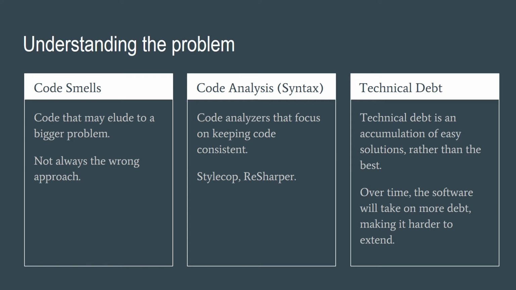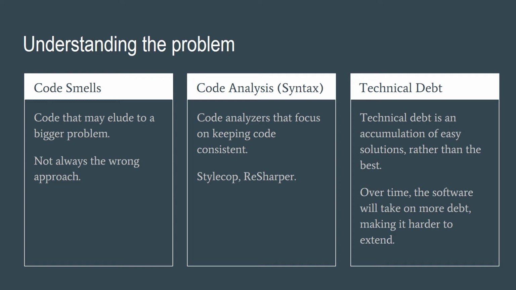And the other part of code smells and code analysis is just technical debt. If it is left unchecked, if we don't do any sort of source code analysis, then we get this concept of technical debt, which is an accumulation of easy solutions rather than the best. So technical debt generally means that the product is working as intended in most cases. It's just not necessarily the best way of approaching something. Just a really crude example is if you need to do sorting, maybe a junior dev wrote a bubble sort for your sorting algorithm,